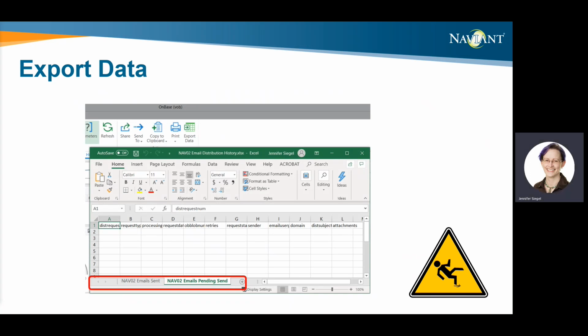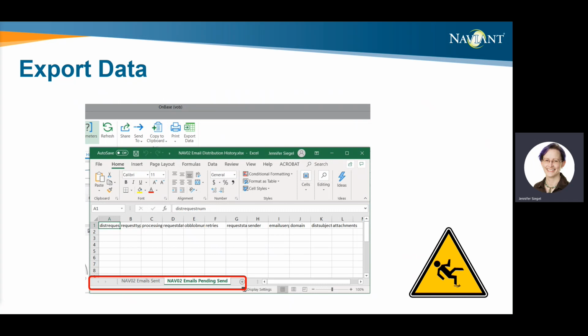When performing an action on a dashboard being fed by multiple data providers, you can export data, and it will create a separate worksheet in the Excel file for each data provider. So if you have a dashboard, it has one data provider, you use export data, you will get one tab. If you have a dashboard that has two data providers and you do export data, you will get two tabs, one for each data provider.